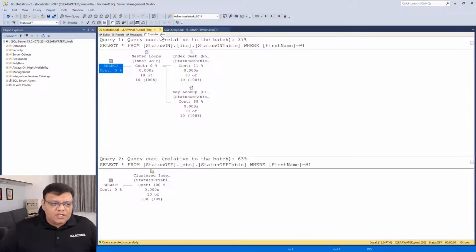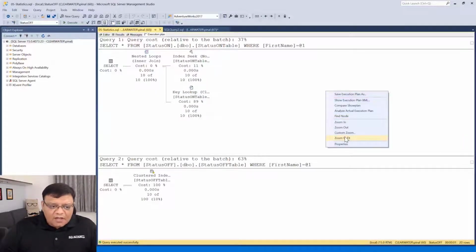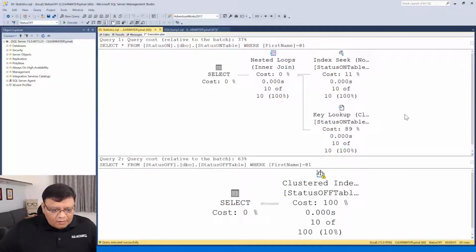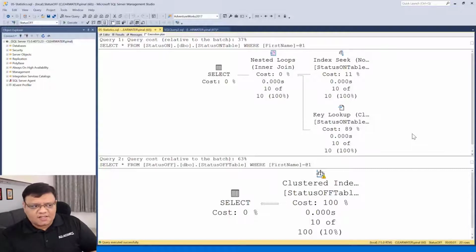Now, when I check the execution plan, I have a very interesting scenario in front of us on the screen. Both of these are identical, my friends. Look at the top one. The cost of the top one says 37% of the batch, and the cost of the bottom one is 63%. So the addition of both is 100%. Sometimes I've seen it going up and down, but that's okay. We know that nothing is perfect and it's just an estimation again. So the top is 37%, the bottom is 63%.